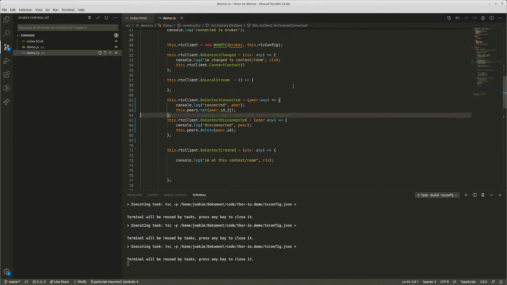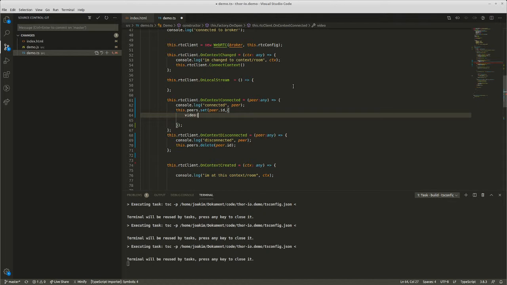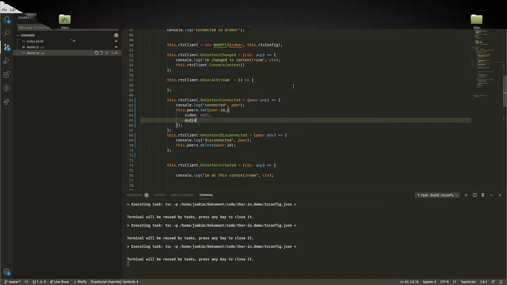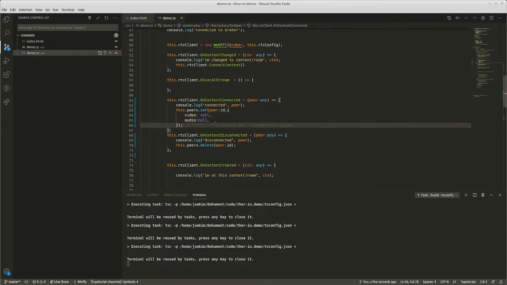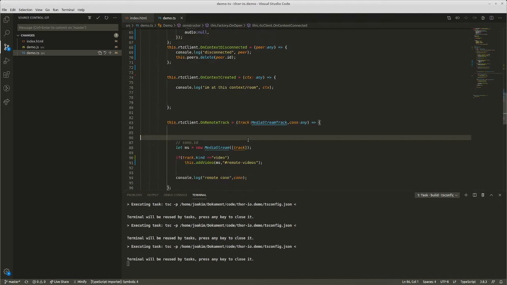So let's create an object that looks like this: video equals nothing, and audio is nothing. That's the default. And as soon as we get the remote track, we can actually locate the pair and say that